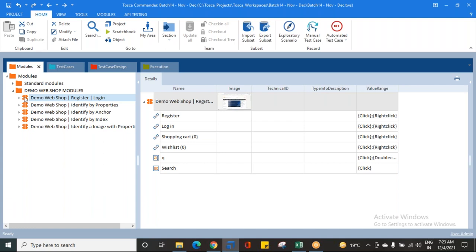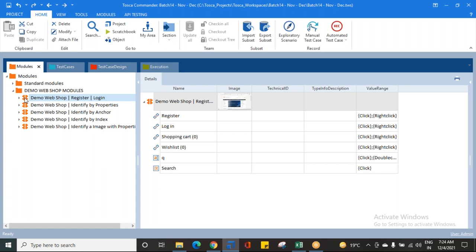Now you can ask me, Mother, how do you use that? So in order to explain how you use that, it's simple. Everything in TOSCA is just a drag and drop. You need to drag it properly and you need to drop it properly. If you drag and drop it very properly, then all the things will be placed in a proper and clear